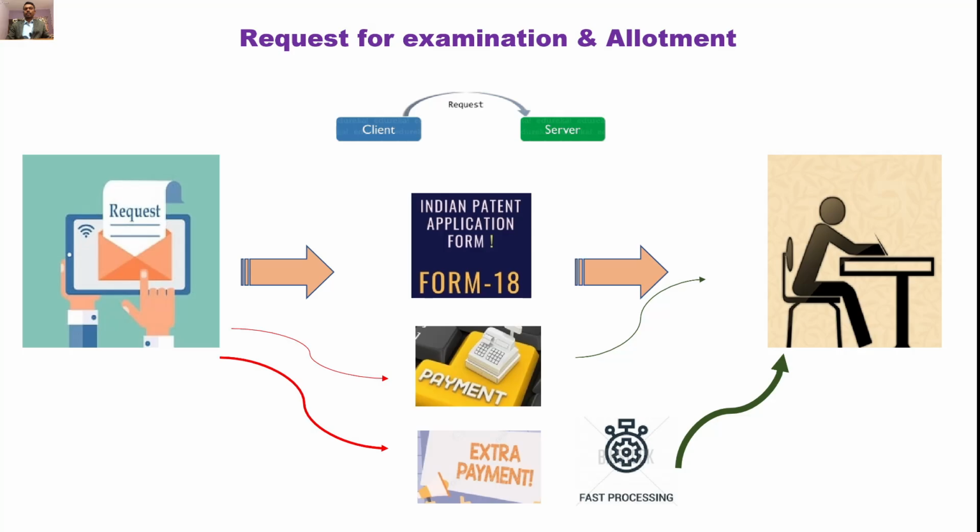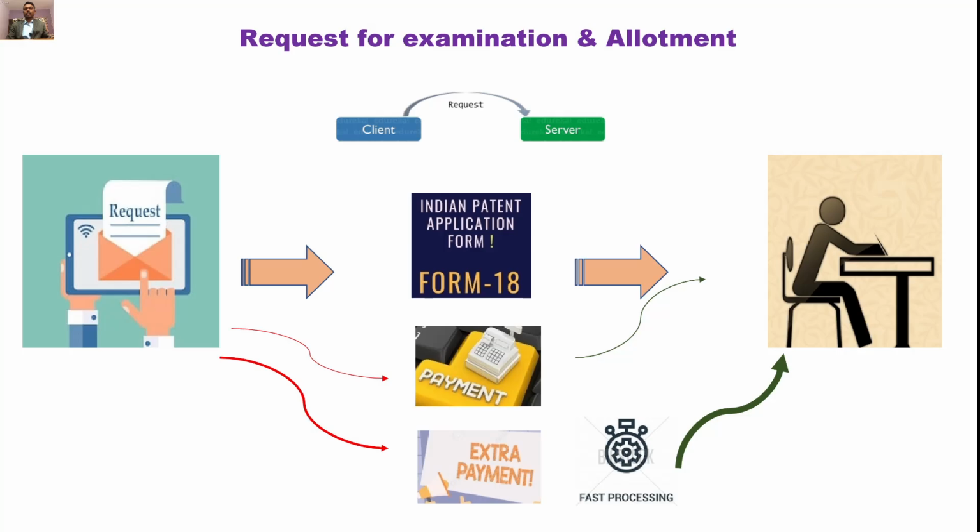And after the examination, the patent examiner generates the first examination report, which definitely will contain some objections, and here you can see this in this slide. Some objections are raised, and you will be given an opportunity to provide your justification or clarifications against those objections in writing. So this writing symbol indicates that the first step will be to provide in writing suitable clarification or justification to the objections raised.